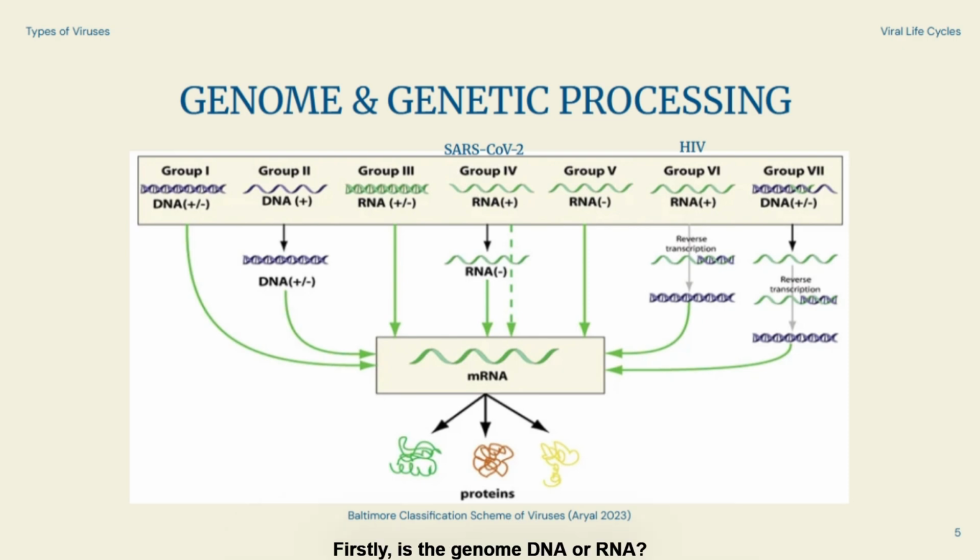Firstly, is the genome DNA or RNA? Is it double-stranded or single-stranded? Is it plus sense or minus sense in terms of complementarity? What intermediate steps are needed to make lots of mRNA which can be translated into viral proteins? There isn't enough time to dive into each class, but let's look at the group that contains SARS-CoV-2, which is